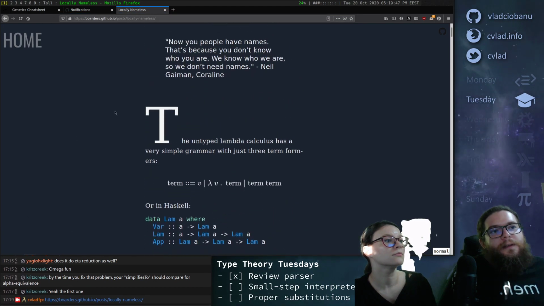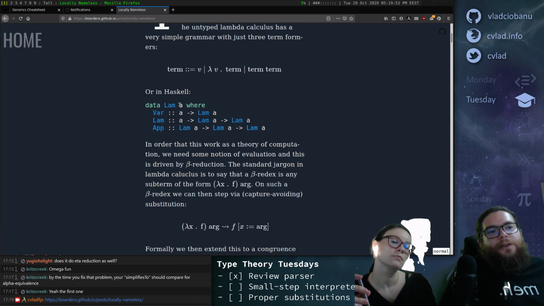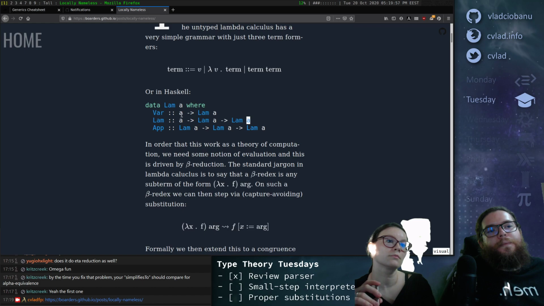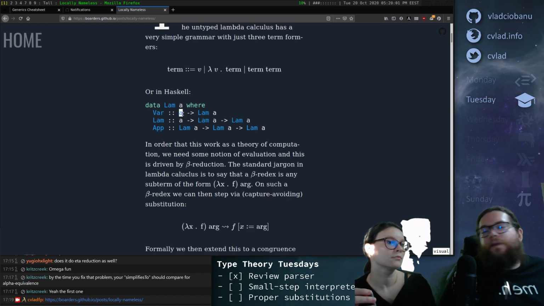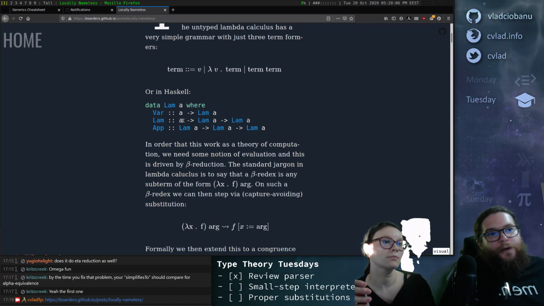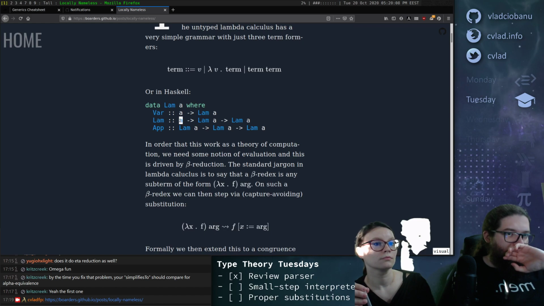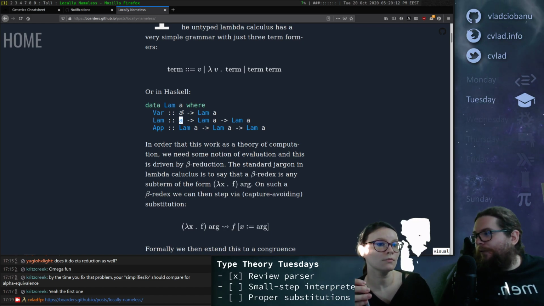Okay, so the idea is that we're working with this sort of type, which is very similar to our type, except it's parameterized by a, right? So you can have anything here. It's like a variable, or like here we have symbol, right? So for us, a is symbol for now. Okay. Right, let's keep that in mind. Because we use symbol for variables and we use symbol for the lambda head.